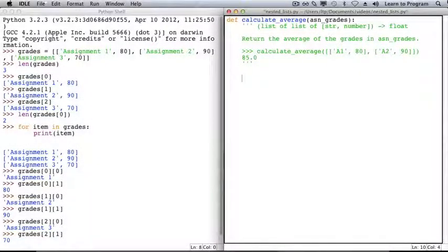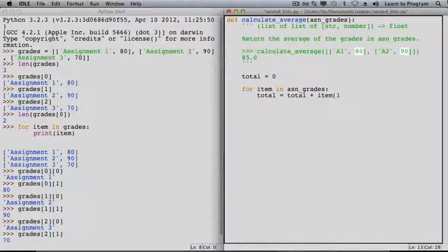To calculate the average, we'll sum the grades and then divide by the number of grades. The variable total will be used to keep track of the sum of the grades, and it will have an initial value of 0. We're going to pass over the list of assignment grades, for item in assignment grades, and each item is a 2-element list with a string and an int. So to the total, we want to add the current value of total plus the list item at index 1,